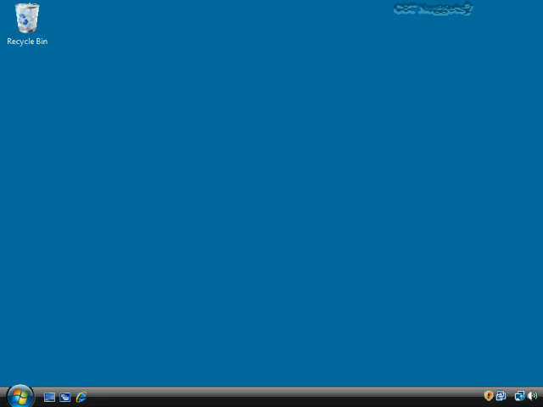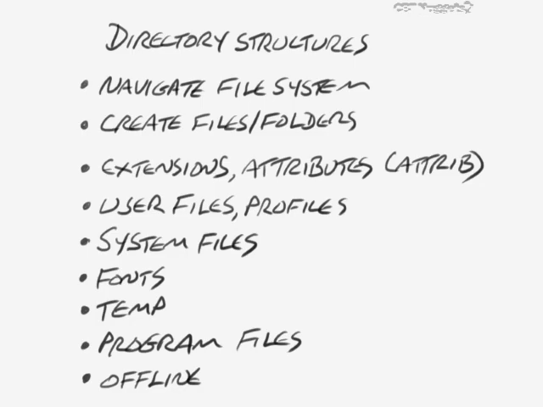Well, you know what? It's going to be similar to that if you're an A-plus technician and you're sitting there working on a user's computer and it looks like you don't know where you're going or what you're trying to do, or you don't seem to be able to navigate your way around the operating system. One of the most important parts of doing that is knowing and understanding how to work with the various directory structures that we have within Windows. You have to know where many of the commonly found types of files are located. So we'll talk to you about also navigating the file system using appropriate tools.